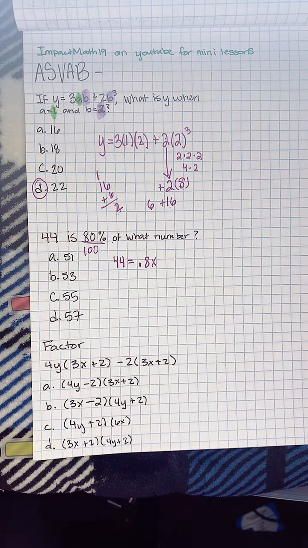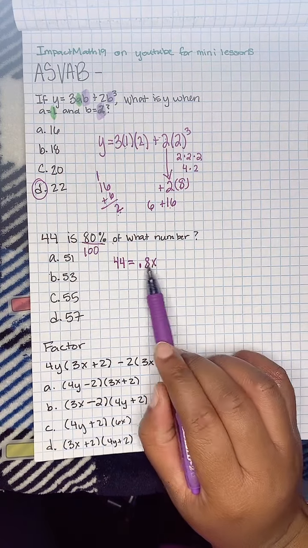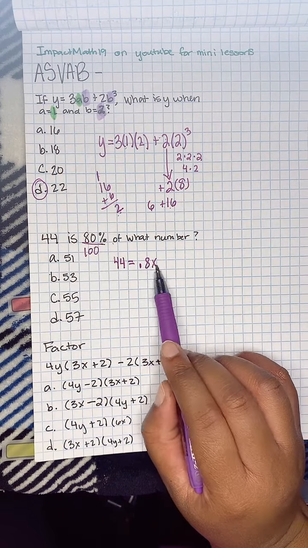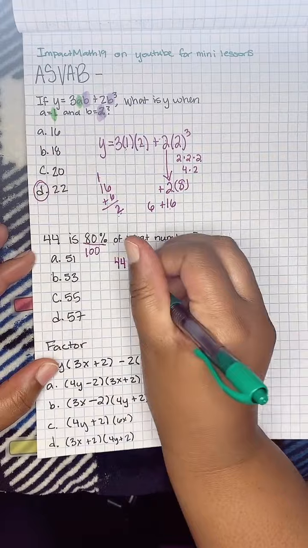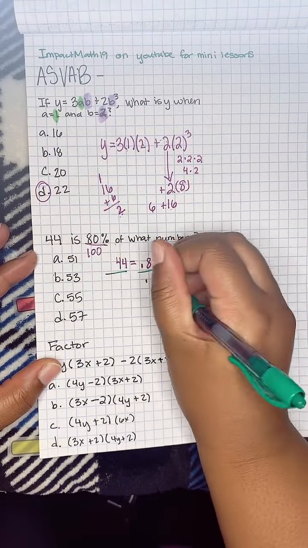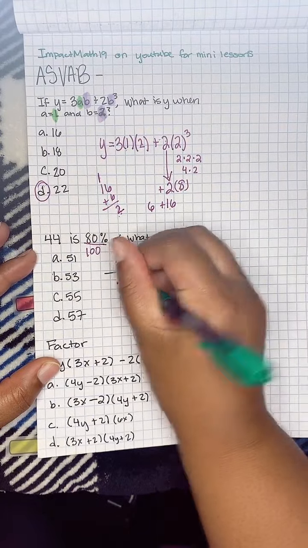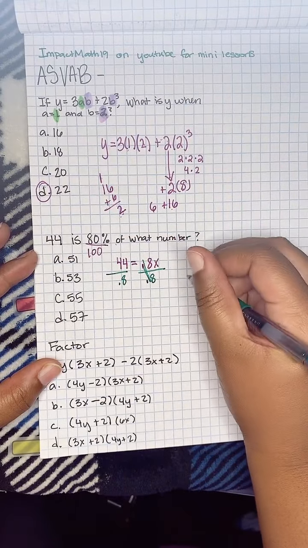And then I want this X by itself. Whenever a number is attached to an X, remember that's multiplied. So to undo that, we're going to divide both sides by 0.8. So we get